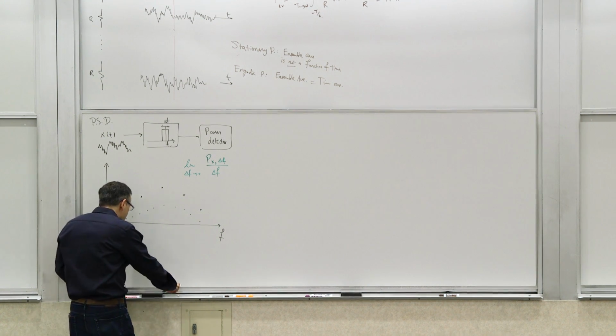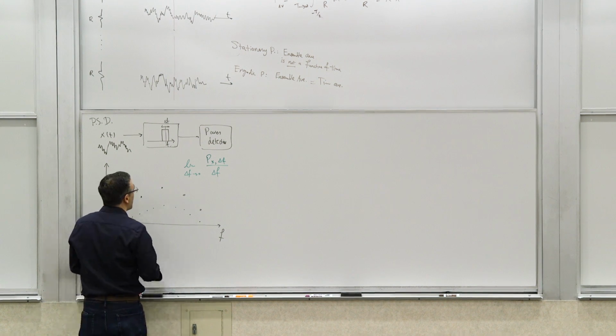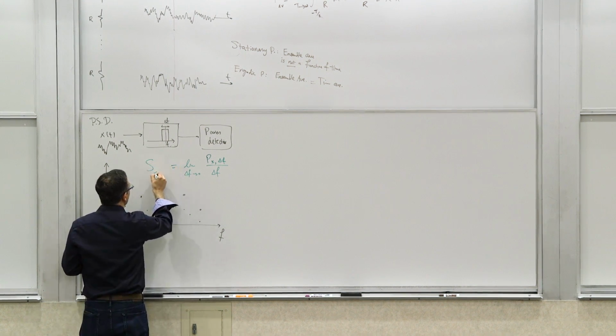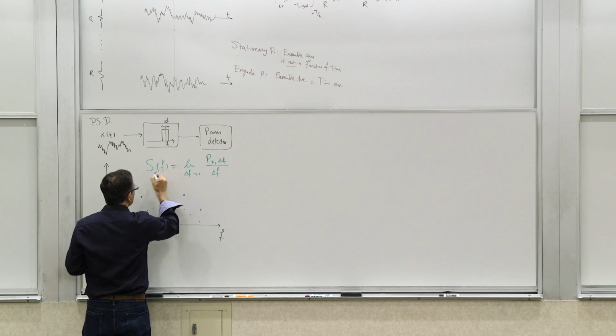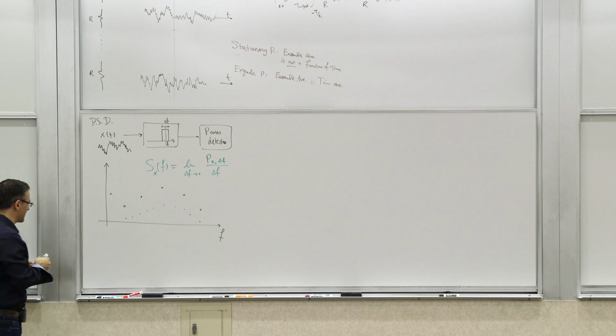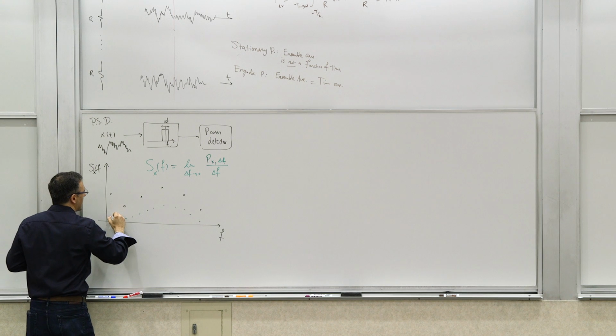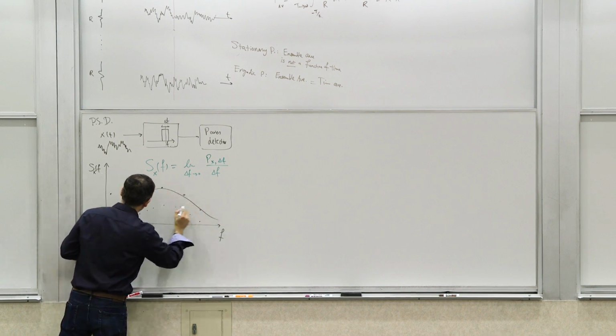And that would be a continuum, because if you do this, then it allows you to calculate the so-called power spectral density, which we will show as S sub x of f. So it's a function of frequency. This is basically what we're plotting here, S sub x of f, and it will have a shape